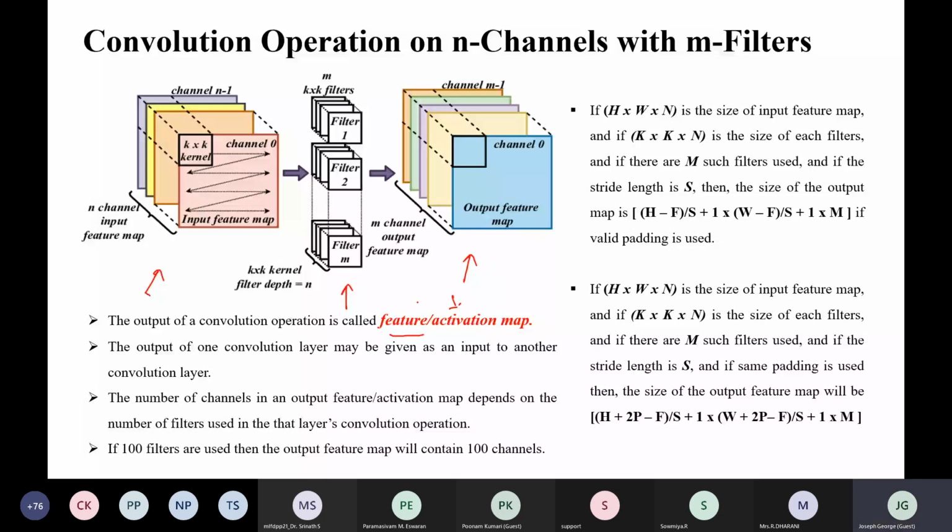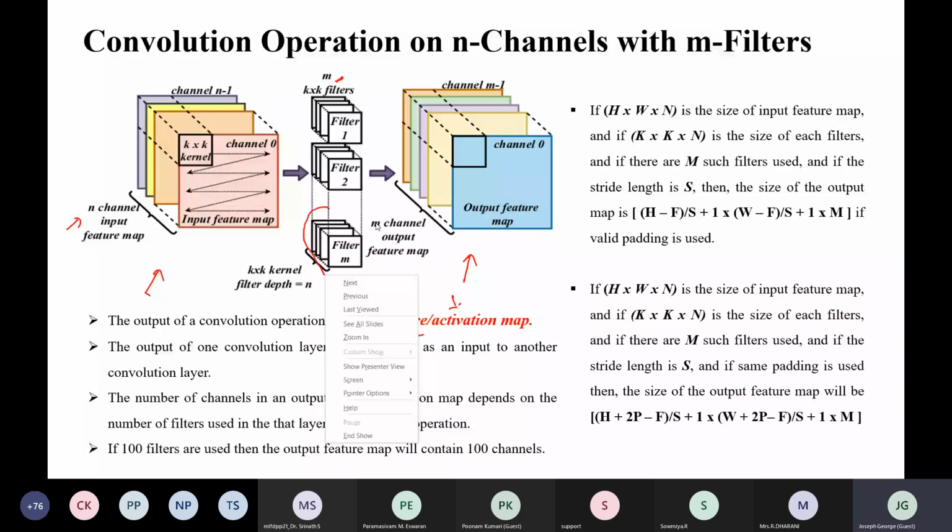So in general, if the input has n channels, and you have m such filters, then each filter will have n channels.